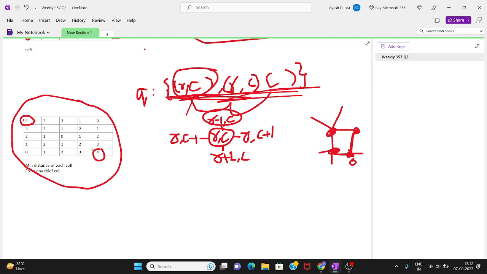So these two cells will have to be in our path, because we have to start from here, and we can choose any cell in between, but at the end I have to come to the destination. So these two cells are compulsory, and for the path containing these cells, we have to choose the minimum of all these values.